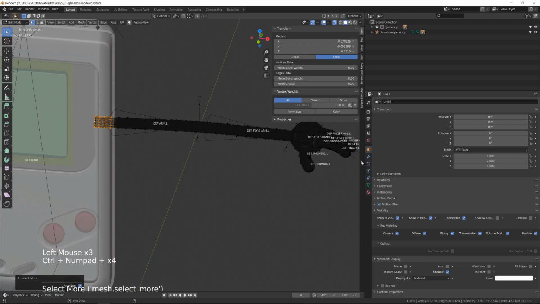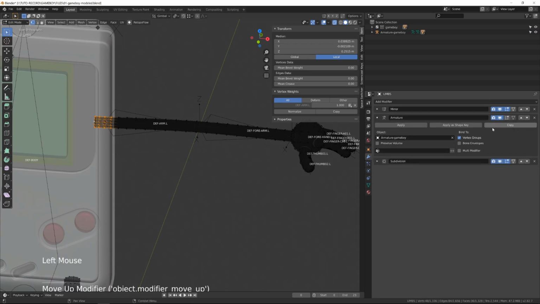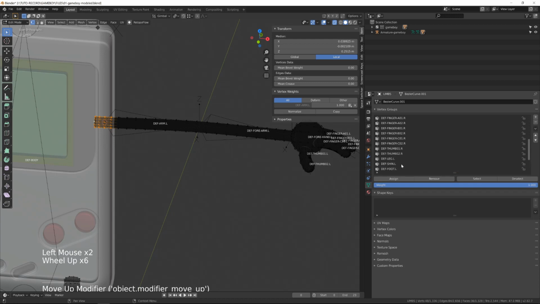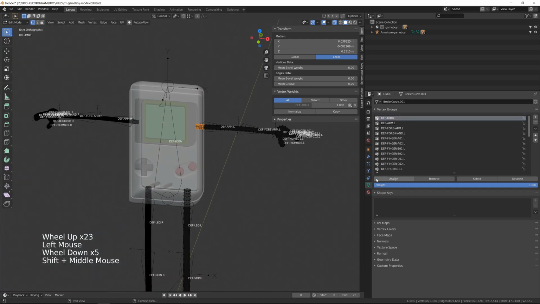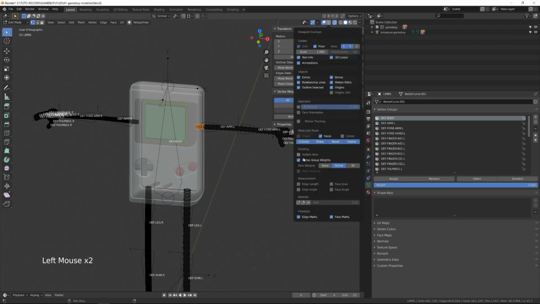Now to make sure that the root of the arms are pinned in a way to the body, I will go into edit mode and select those loops, and then in the vertex group I will search for the deformation bone of the body or the torso, and I will assign them with an influence of 1. This now means that those vertices will follow with an influence of 100% the body movement.